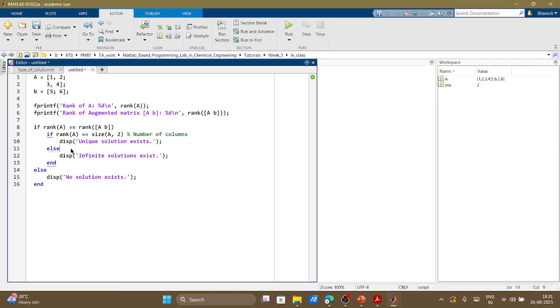So the first master if condition is whether both ranks are equal or not. If they are equal, then I will have a unique solution or infinite solutions, right? So how to determine that? Then I compare this rank: is that rank equal to the number of unknowns? If yes, then you display I have a unique solution. If not, then you display we have infinite solutions. So this is one part. If both the ranks are not equal, then that means there is no solution. Okay, so if you run it for this example and see,